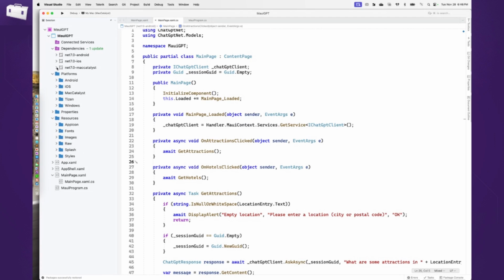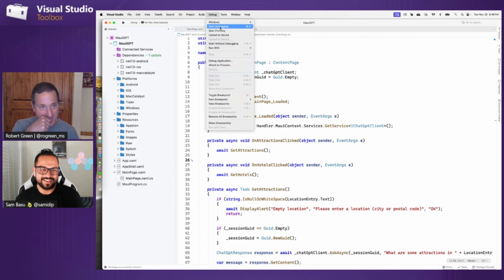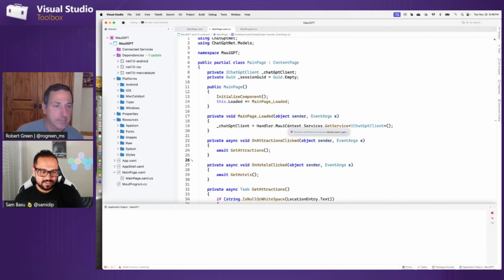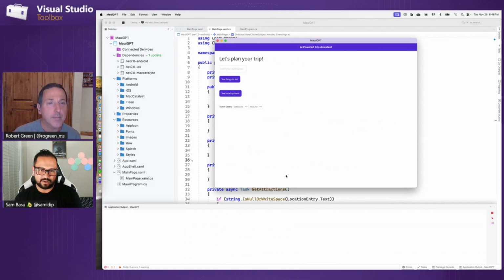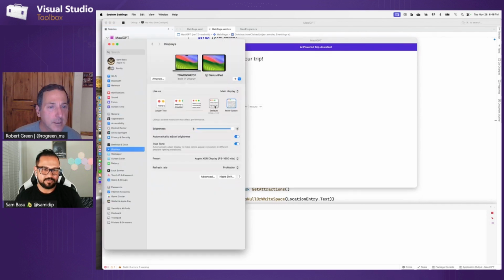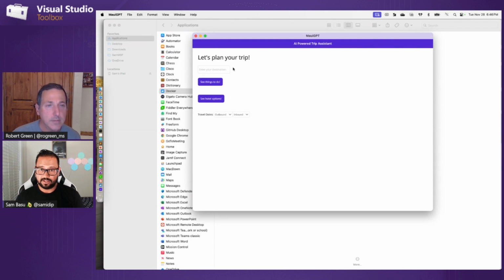So let's just say Robert and me are good friends. We are planning a trip, a vacation just by ourselves, right? So let's go ahead and start running this app here. It's going to do a build, and it's going to start with the Mac version, and you can deploy the same exact app. Yeah, I can zoom in. Hold on. Actually, let me bump up my fonts overall, so I don't have to keep doing that. So let's do that. It's a desktop app here.